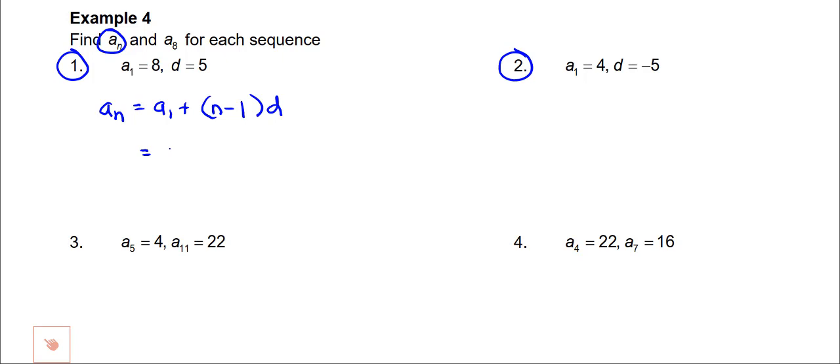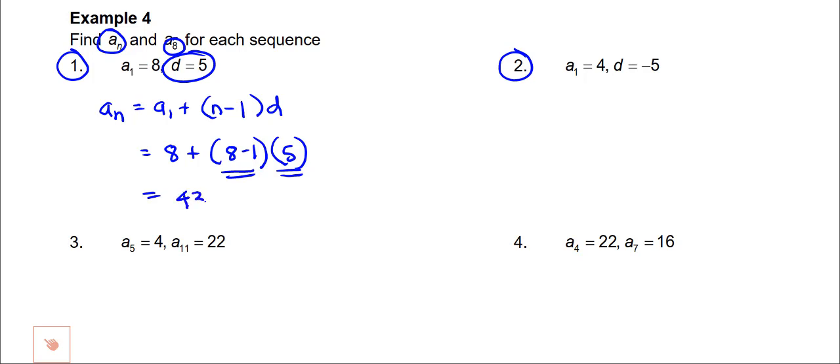And then we know the first term is 8. And they want us to talk about the 8th term. And the d value is 5. And so that's 7 times 5 is 35, plus 8 is... outstanding. Same thing here, a sub n equals a sub 1, first term, one less step than the stepping stone